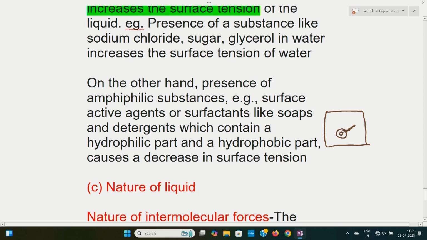Here we have oil or grease, and here we have water. It forms like this. Here this is water,